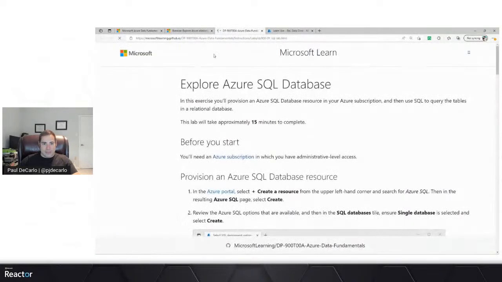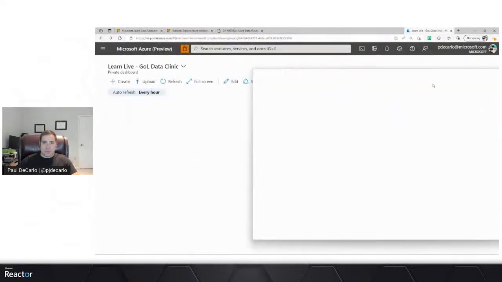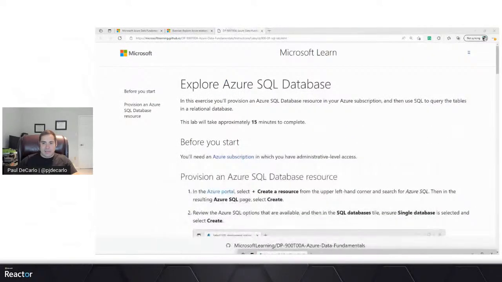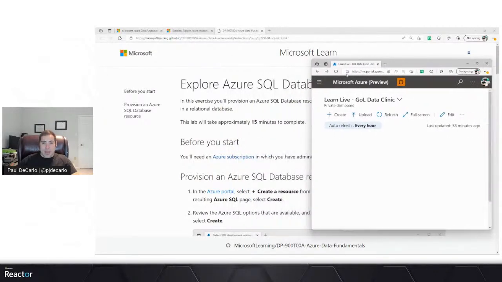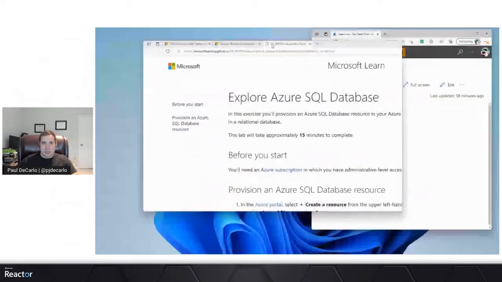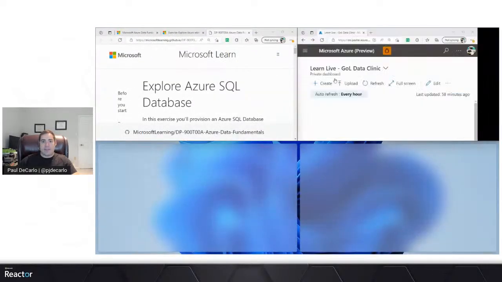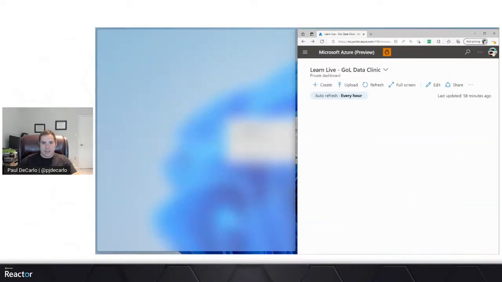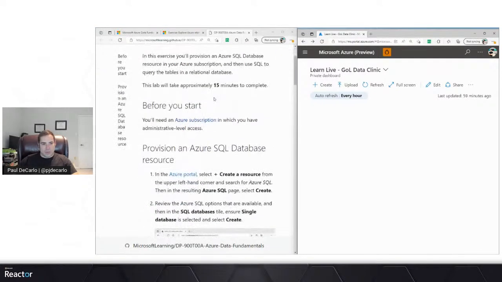the Azure SQL database. Now, before you start, you'll need an Azure subscription, which could be either a free trial, or you could be using one of the sandboxes, and Microsoft Learn can work here as well. Either of those are valid. So whatever you happen to have available as an Azure subscription, definitely you'll want to leverage that here. I'm going to go ahead and jump into my Azure subscription and have this side by side with the instructions here so you can watch and follow along.